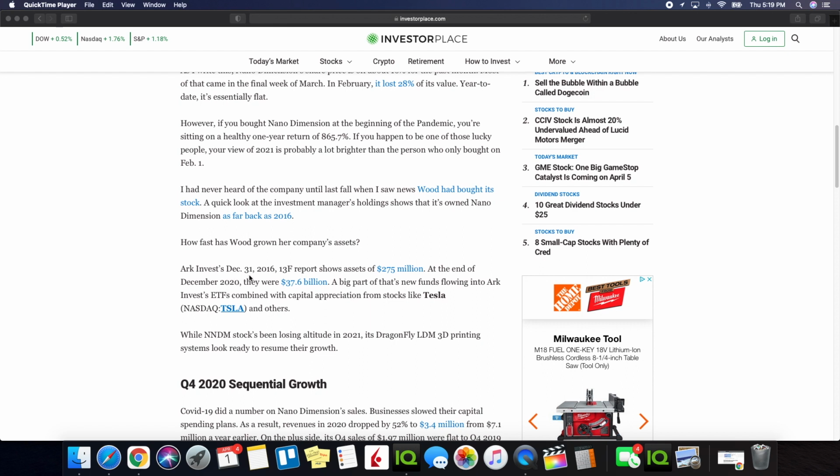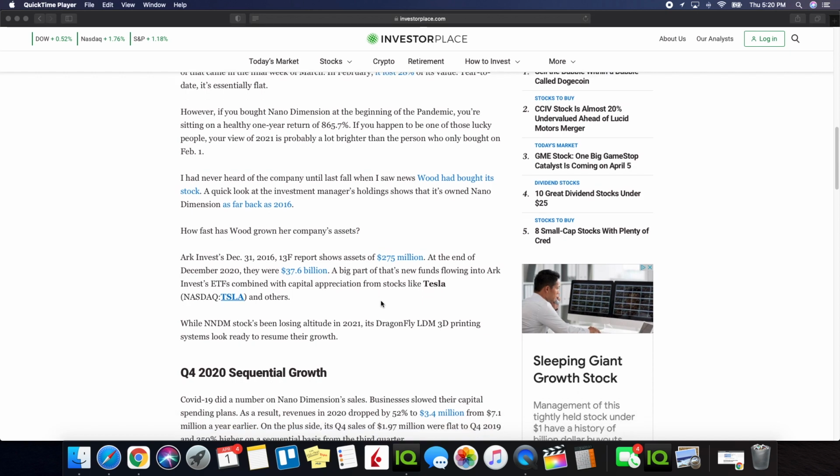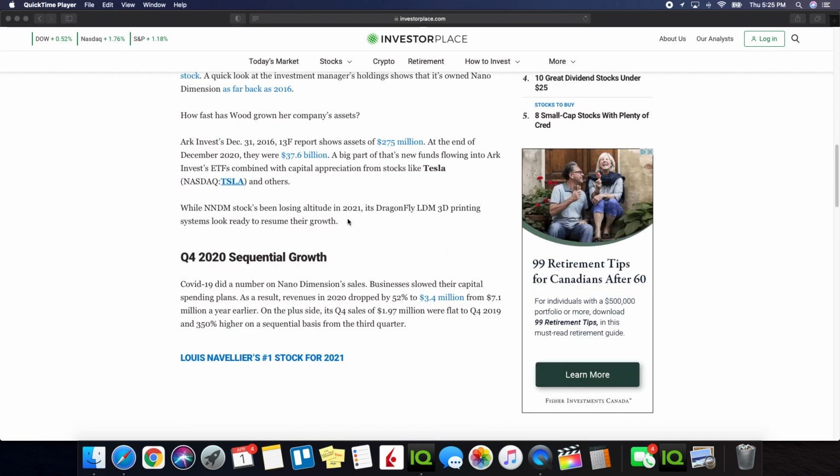ARK Invest's December 31st, 2016 13F report shows assets of $275 million. At the end of December 2020, they were $37.6 billion. A big part of that: new funds flowing into ARK Invest ETFs combined with capital appreciation from stocks like Tesla and others. While NNDM stock's been losing altitude in 2021, its Dragonfly LDM 3D printing systems look ready